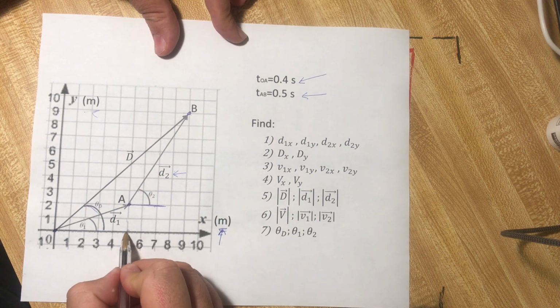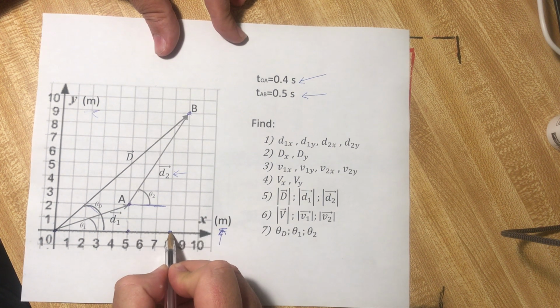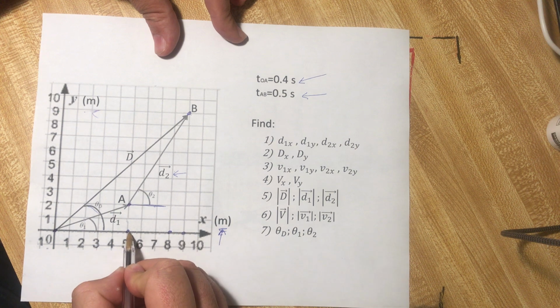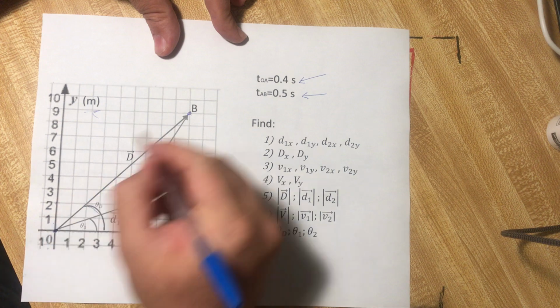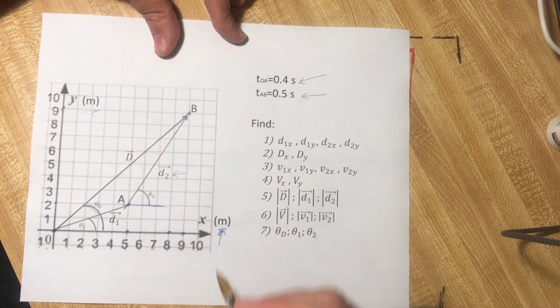It moves from 5 to 9 in the x direction, and from 2 to 9